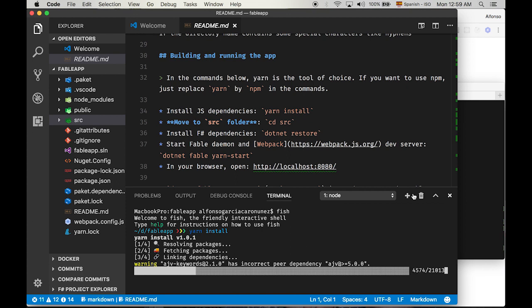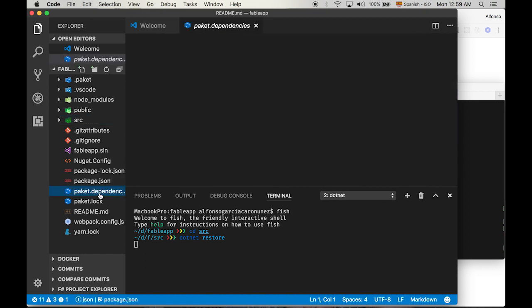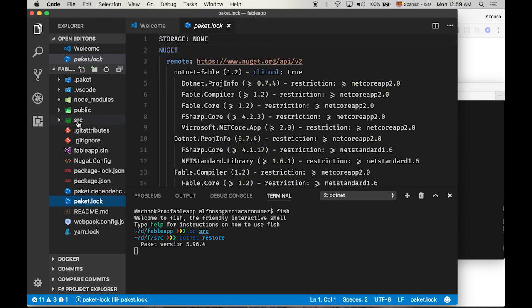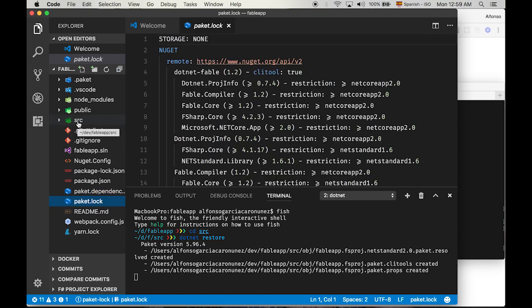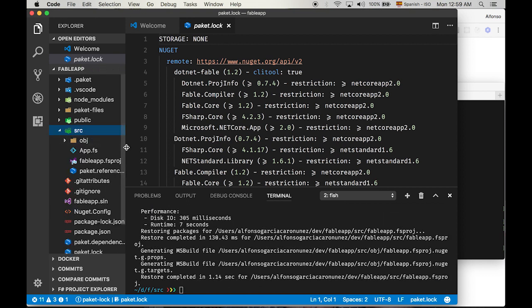So while they're installing, maybe we can actually open a new terminal, go to the src directory and run .NET restore. So as you can see, we're using Paket. I recommend you to have a look if you don't know it. It's a very powerful package manager for .NET applications, for .NET packages,